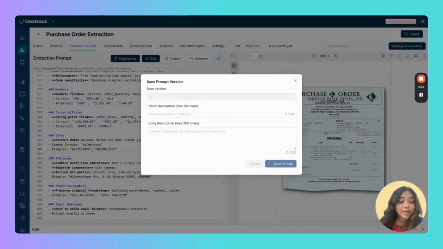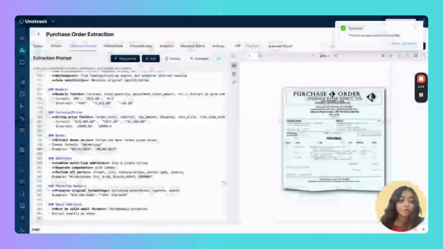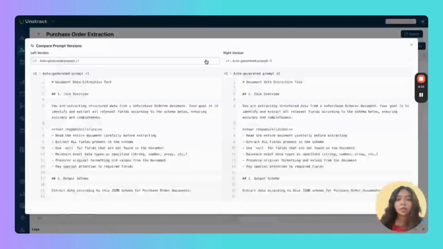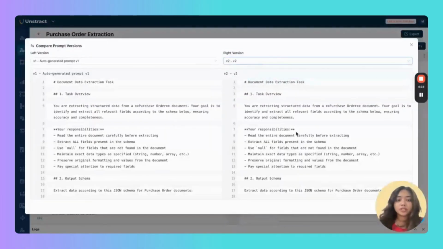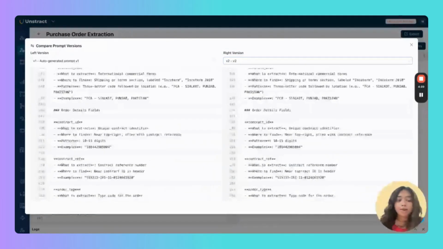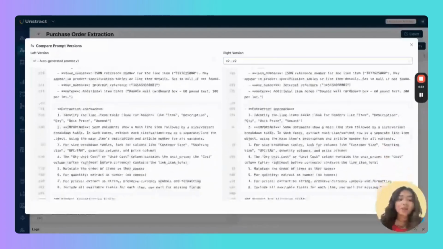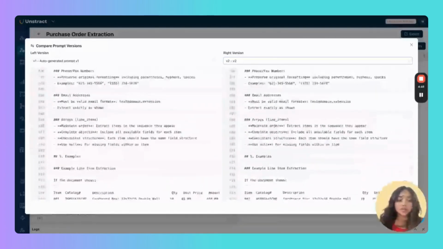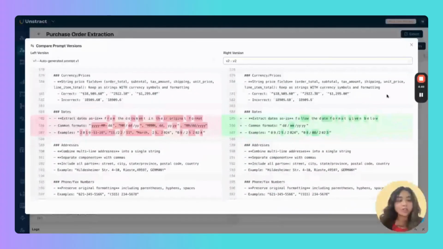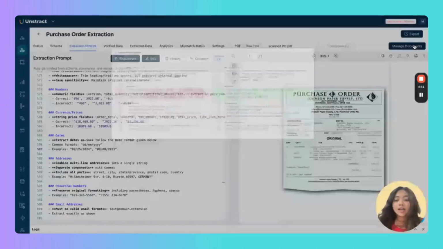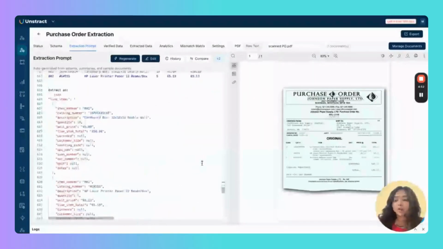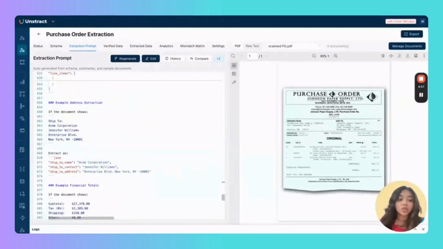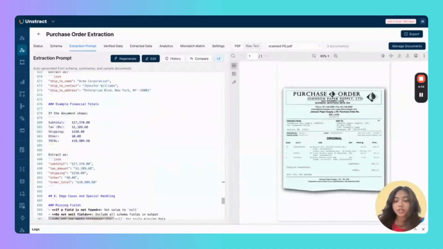And you can also compare the different versions that you have of the prompt and revert to an older version at any time. So when I click on compare over here, you can compare the two versions, and the system also automatically highlights the area where the changes are with respect to these two versions. So you have the changes over here, and the system has automatically highlighted that. And this is basically how you keep a close tab on how you control your prompts based on the initial prompt that the system generates.